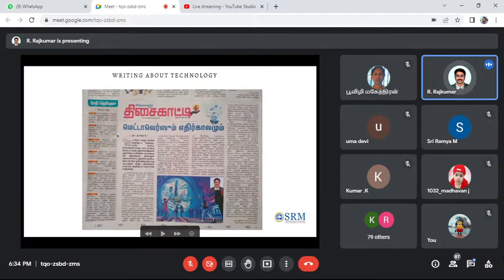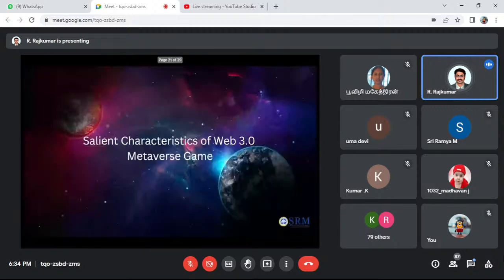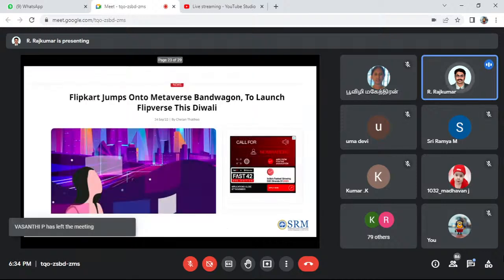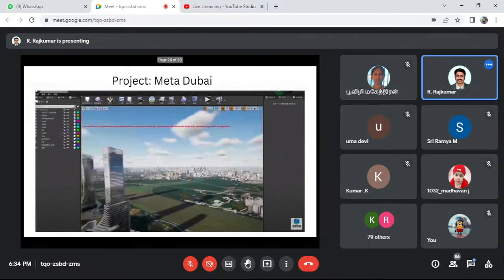This is one of my articles about the metaverse. Walmart is going to launch their product in the metaverse, and Flipkart is also going to launch from this Diwali, so that you can get the complete experience. Only by getting the experience can we know what the metaverse is.